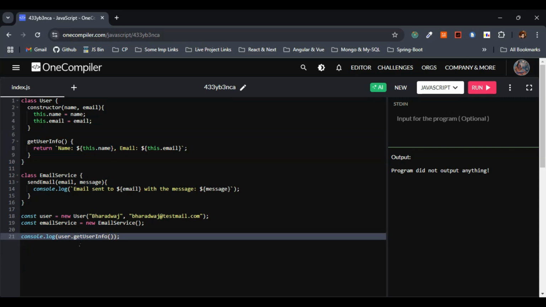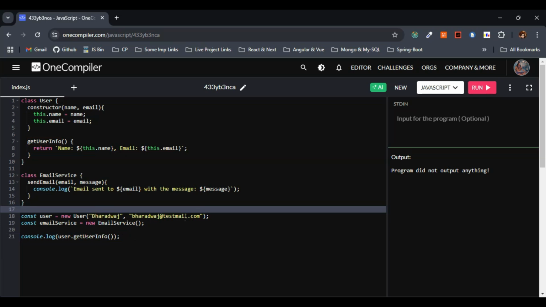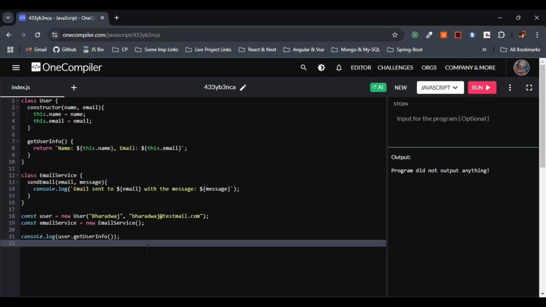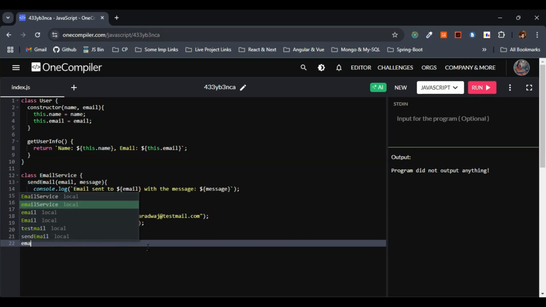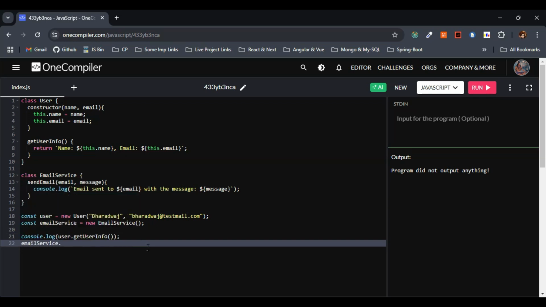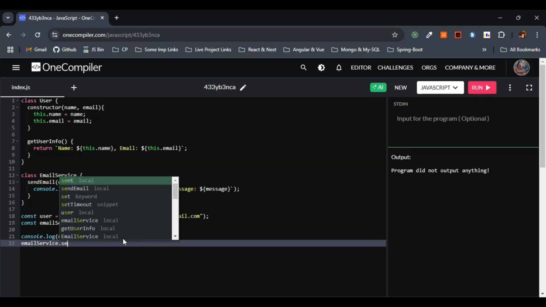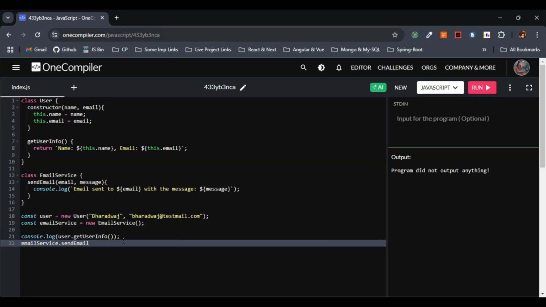Here I'm just logging user.getUserInfo, which means we have to get the user information. The output that we need to get here is name and email, nothing but Bharadwaj and Bharadwaj@testmail.com. That's what we need to get here. And one more thing, let me quickly make use of emailService here. Let me call the sendEmail, this one, sendEmail, whatever I have made use of here, along with the user